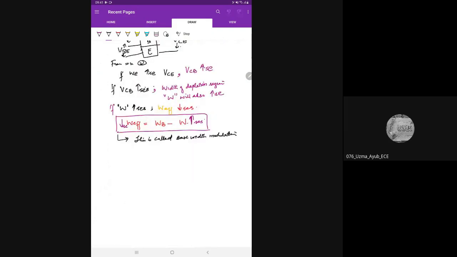Now see, the effective width of the base has now decreased. If the effective width of the base decreases,